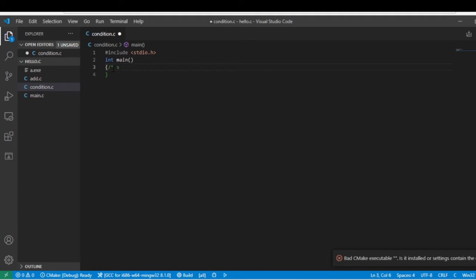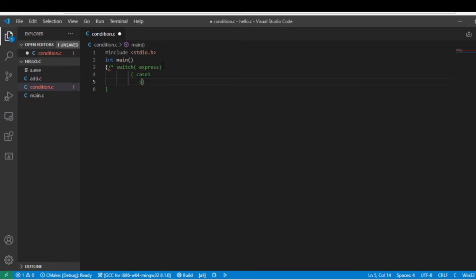The syntax is: first you write switch and an expression. What is your expression in the program? Right here. After that you write case. Cases means you write different conditions. Case first, and then write your statement, any statement.